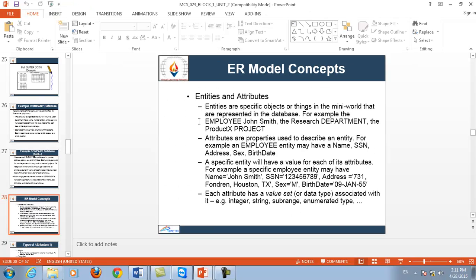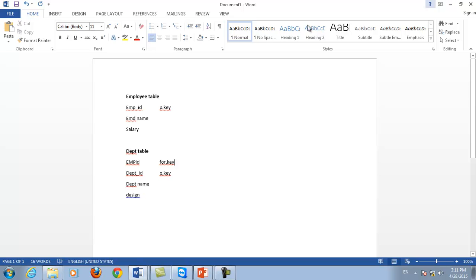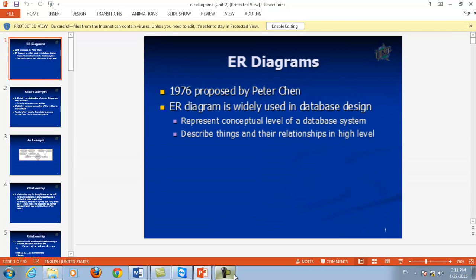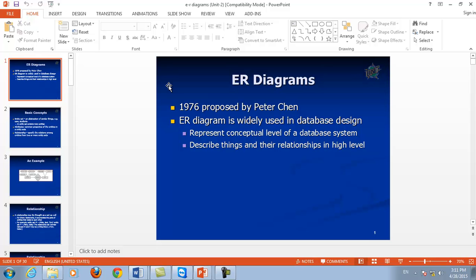Next topic is ER diagrams. Now what is the use of an ER diagram, or what is an ER diagram?